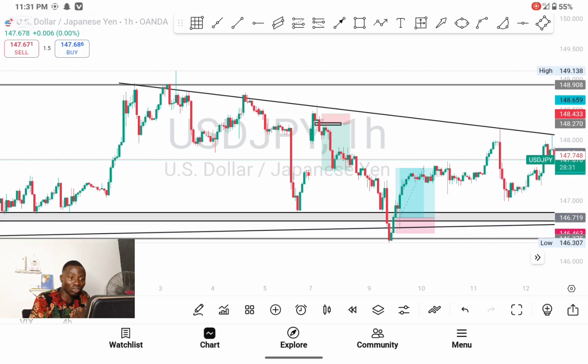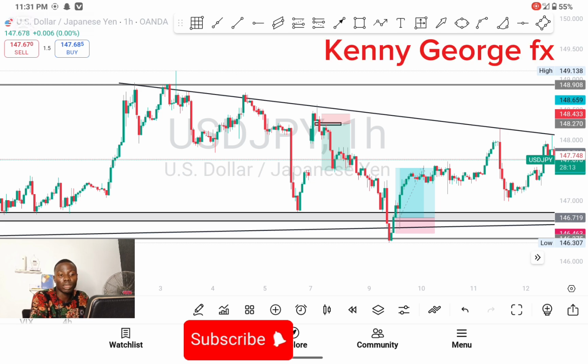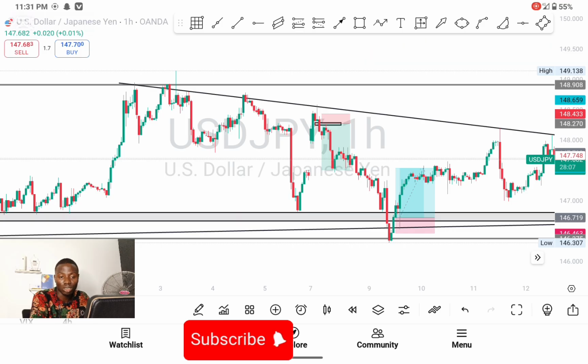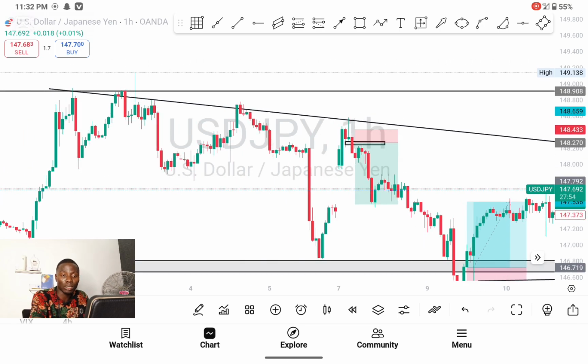As the market opened with a serious gap, I went to check the US pairs. I went to check gold. Gold did not open with a gap, so I quickly knew that it's JPY that something happened to, whether an earthquake or a serious fundamental event in the country within the week. It's a result of some of the gaps you are seeing in the market. And there is one serious thing I know because I have studied it over and over again: each time the market opens with a gap, it must come and fill the gap.